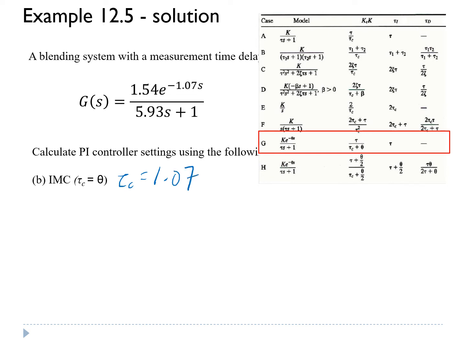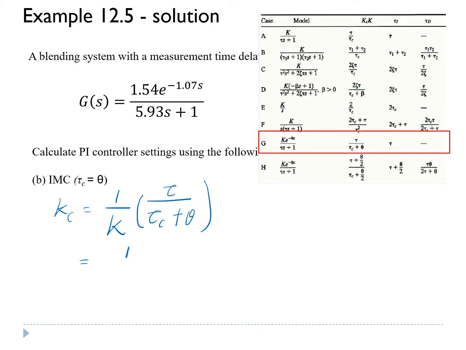Similarly, you're still using case G, so your KC is equal to 1 over K times tau over tau C plus time delay, which is equal to 1.54 times tau 5.93 over tau C equal to the time delay, which is equal to 1.07 plus time delay 1.07,